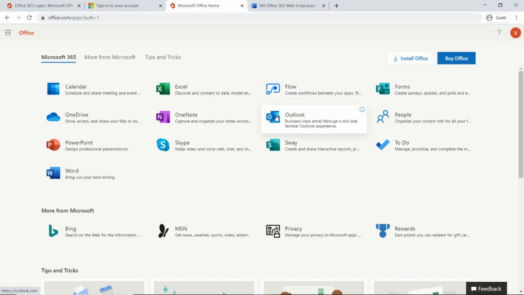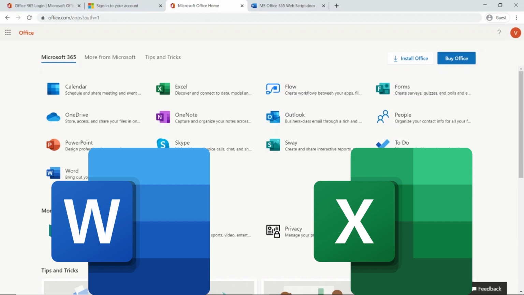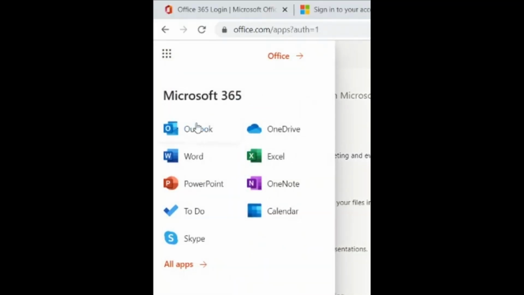And my main concern is that you should be using Microsoft Office and you have been using it maybe for many years now. So you should be using a legal copy. And here you can very easily see how I'll be showing you that you'll be using Word and Excel. All these will be later. And so I'll simply go back here and I'll go to OneDrive where all the documents are kept.